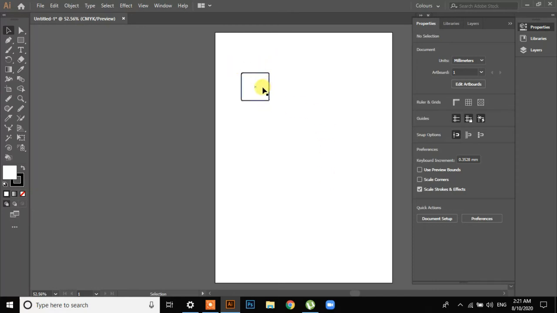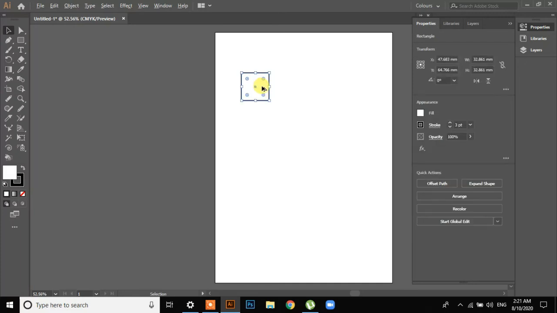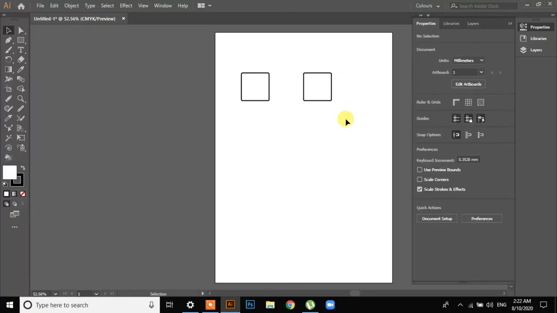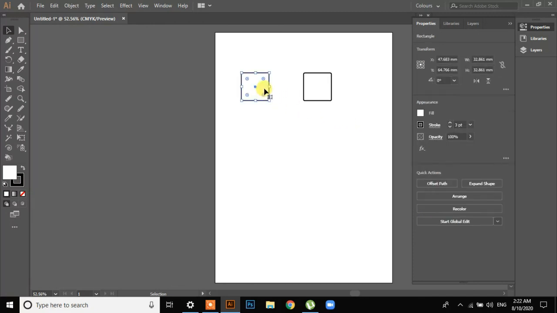Now I'll click on the square, press Alt, and then drag the square. Guys, these pink lines are actually the smart guides, which are telling me that if you drag like here, the second square won't be in line with the first square. When you see the pink line, it means that they're in one line. So I've created a duplicate. One duplicate here and one duplicate here. One duplicate here as well.